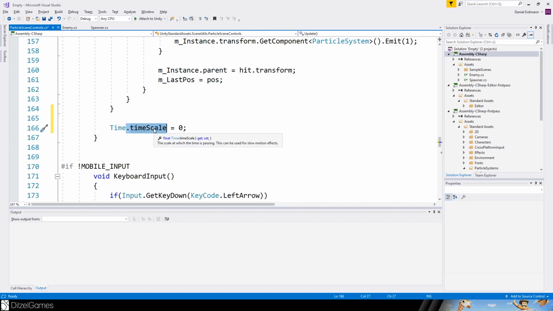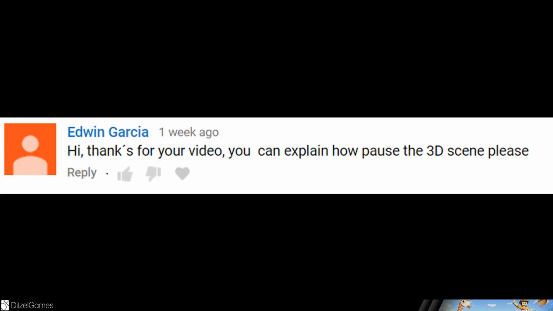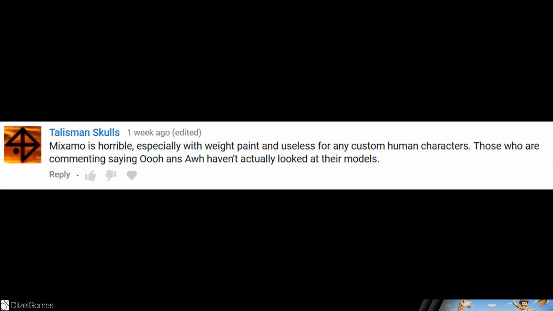So the physics engine stops, the animation system stops, and if you programmed your scripts properly, they stop as well. So this is a simple answer. The more complex answer is to make sure that you stop every script that is currently executing. It's maybe more complex, but it's a more flexible way.